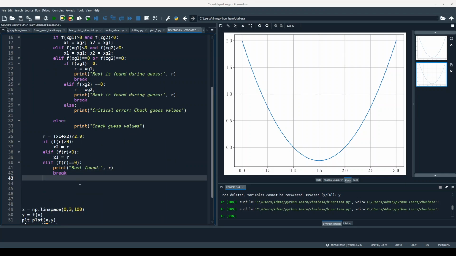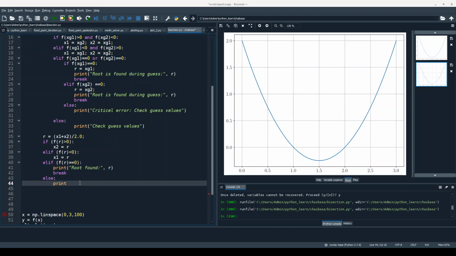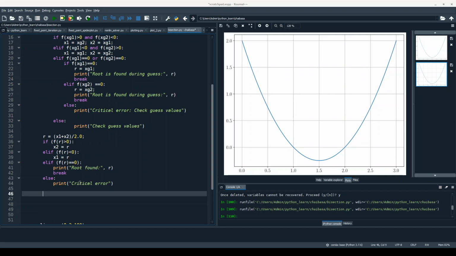Else print, so if none of these conditions happen, then there is something horribly wrong. Then say critical error. So we have evaluated what r will be, and we have reassigned it to either x1 or x2, depending on the sign that f of r returns.